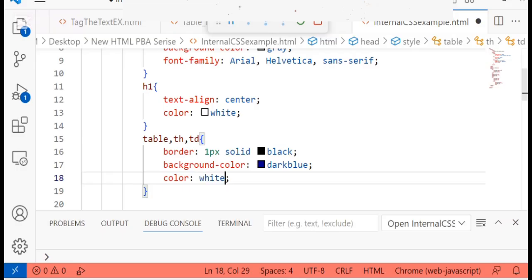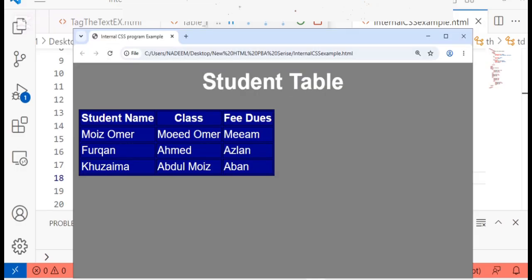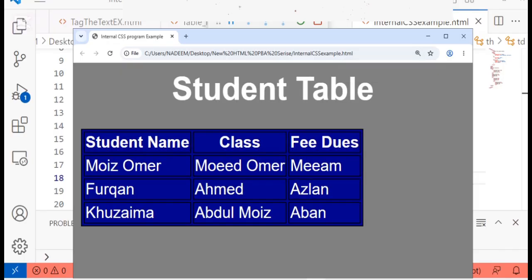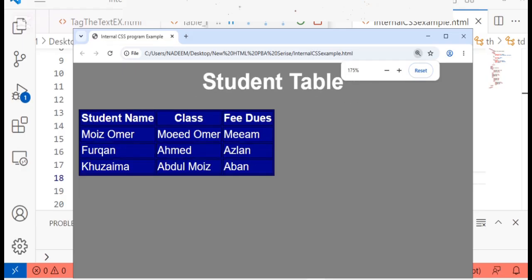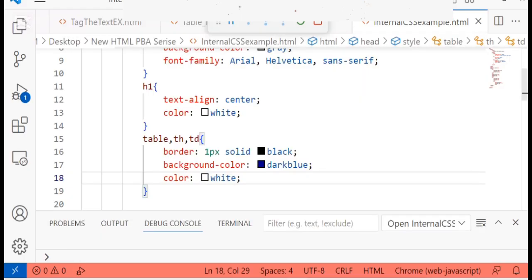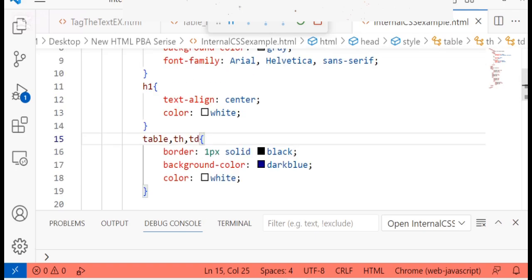Yes, now it's visible. So you can see body color is gray now and the heading color is white now. Okay, so the background color of our table is blue. So we have successfully applied style in 3 different elements. So remember, we have 3 different elements and we simply apply a single style tag.